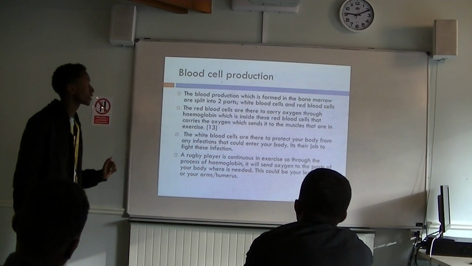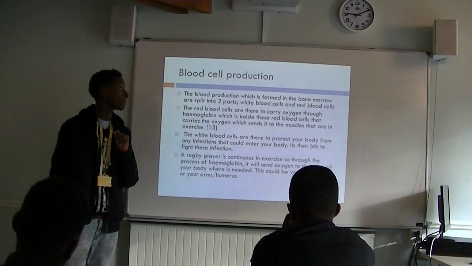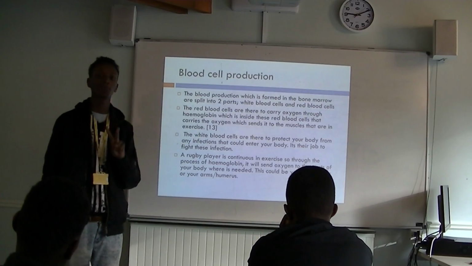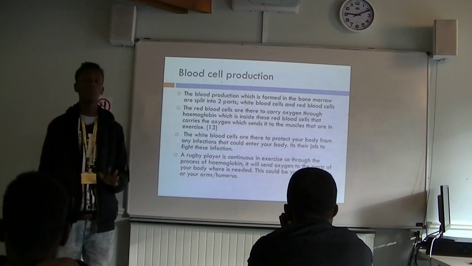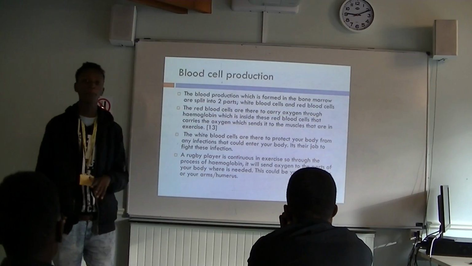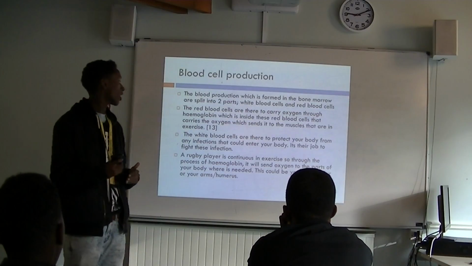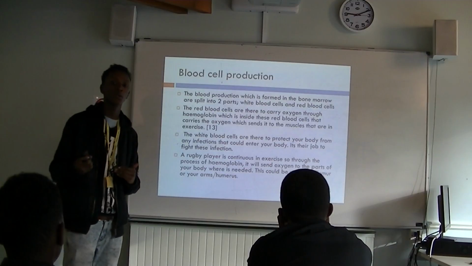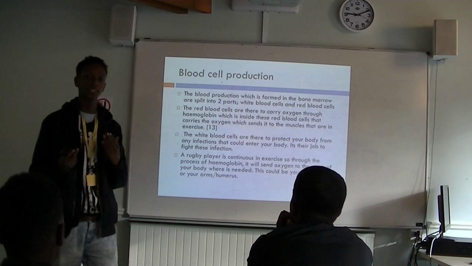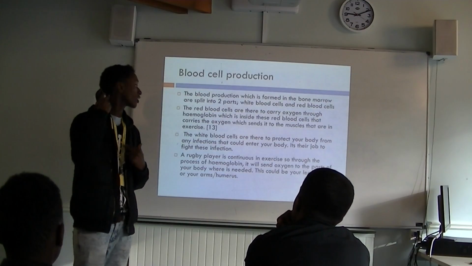Blood cell production is formed in the bone marrow and is split into two parts: the white blood cell and the red blood cell. The red blood cells are there to carry hemoglobin, which is how oxygen is sent to